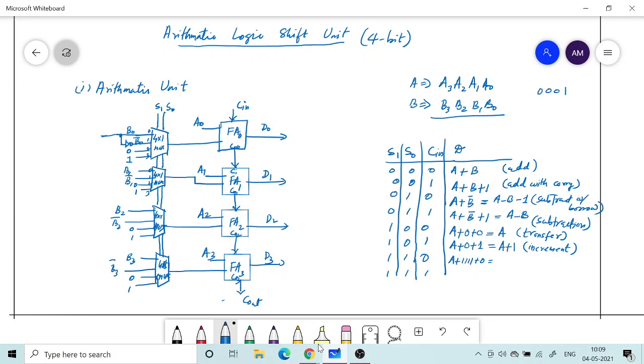If you want to take the 2's complement, first of all, you invert every bit, so it will become 1 1 1 0, and then add 1 to it, so you get 1 1 1 1. So that means this corresponds to minus 1. So you can write it as A minus 1. So this is decrement. Okay, that is another option that is possible. And then you add the carry, so this is basically the previous one, A minus 1 plus 1, which is A. Again it is transfer.